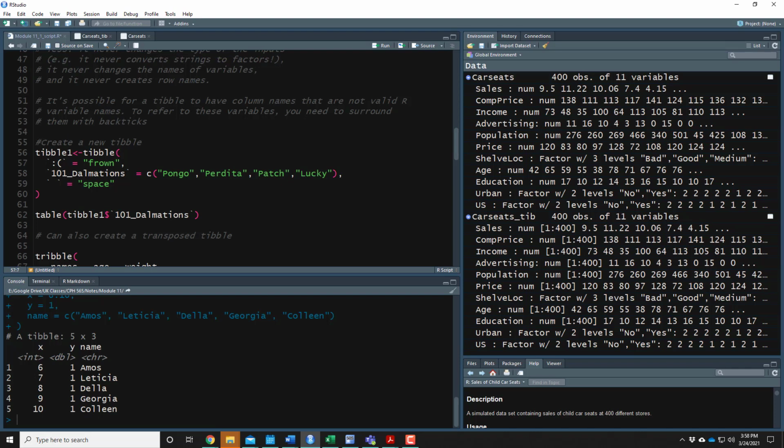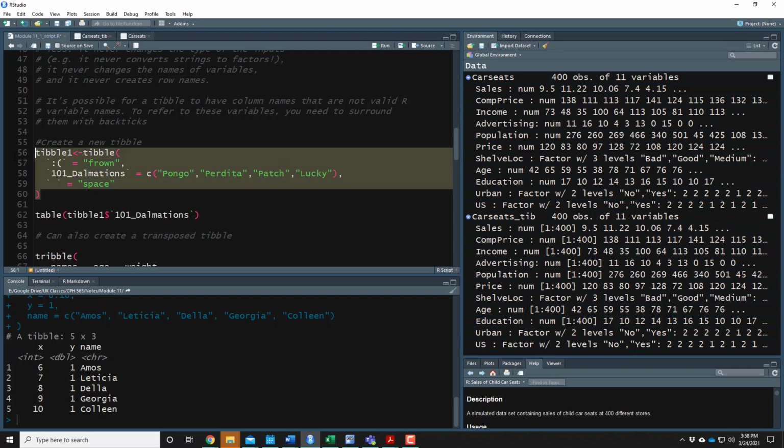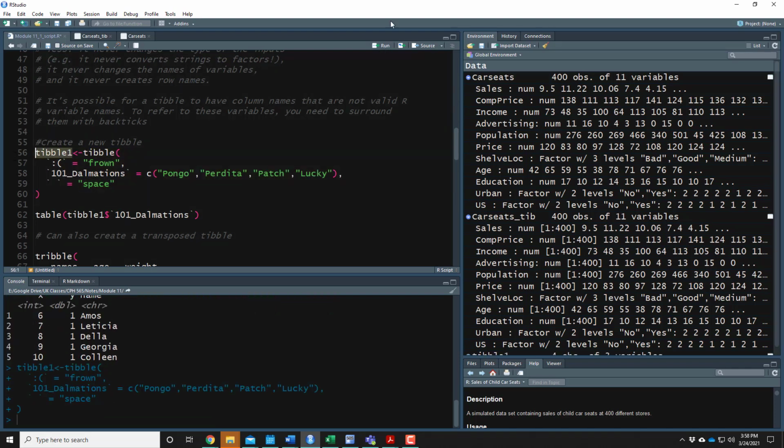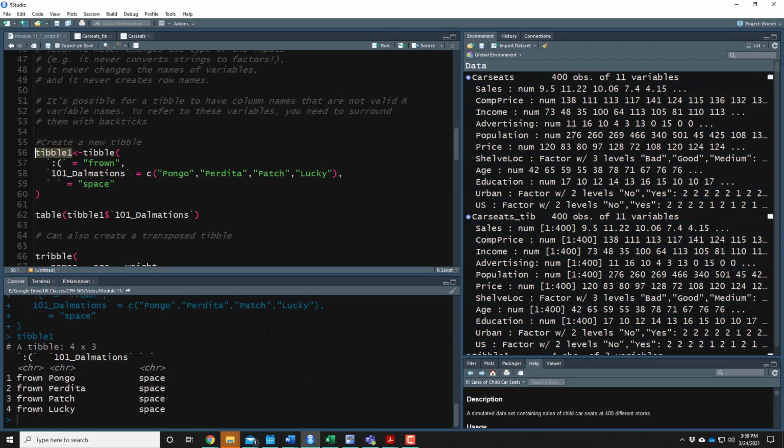Remember that R will also not allow variable names to start with a number. Well, here if I wanted to name the variable 101 Dalmatians, again I could surround it by the backticks. And then let's say I just wanted the variable name to be a space, and again here I've got a space inside the backticks. So running this, then if I just wanted to look at Tibble1, notice here's Tibble1,